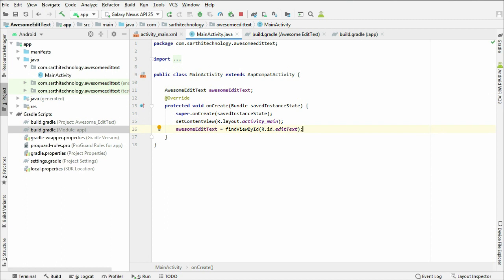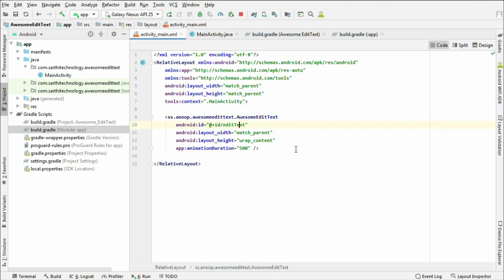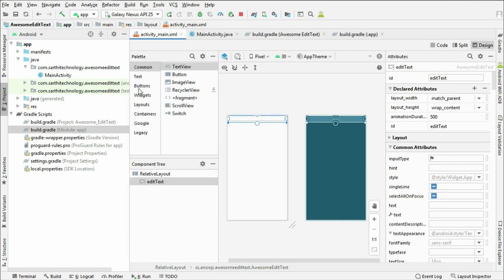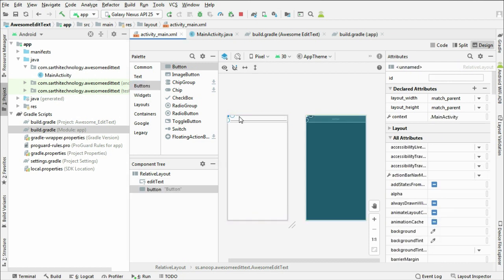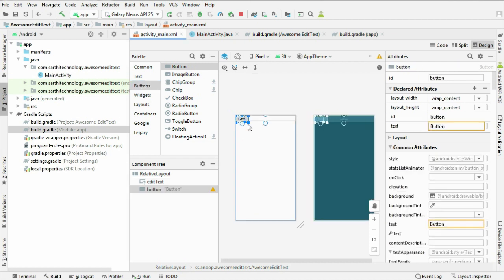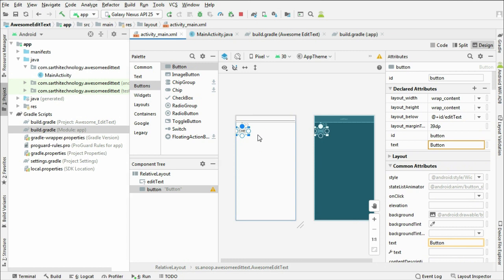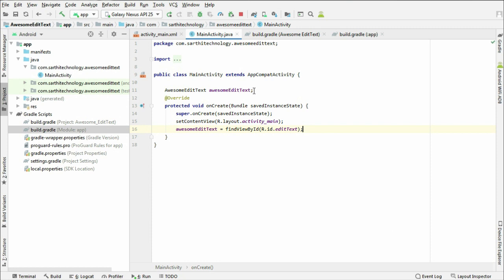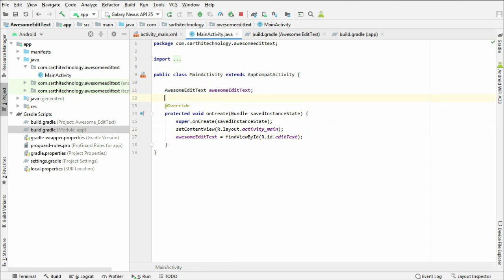Okay, and create a button. So here we will create a button. Its ID is button, and let's create a button object.